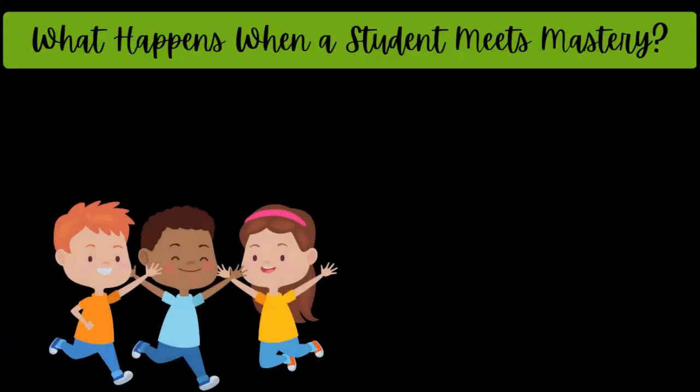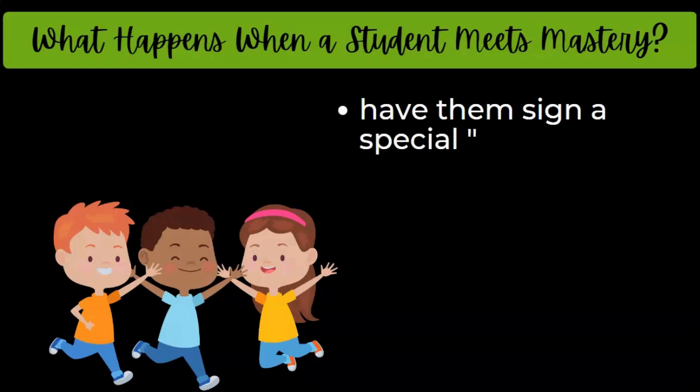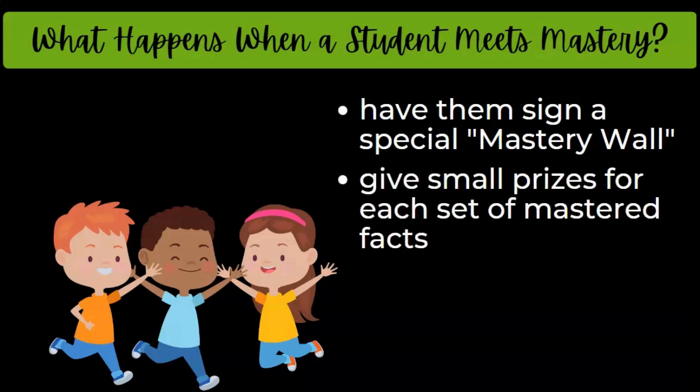So, what happens when a student meets mastery? Well, this is completely up to you, but here are a few ideas. You could have them sign a special wall in your classroom. In my classroom, I decorated our closet door, and they were able to sign their names there as they mastered their facts. You could set up a prize system that allows students to earn small prizes for each set of